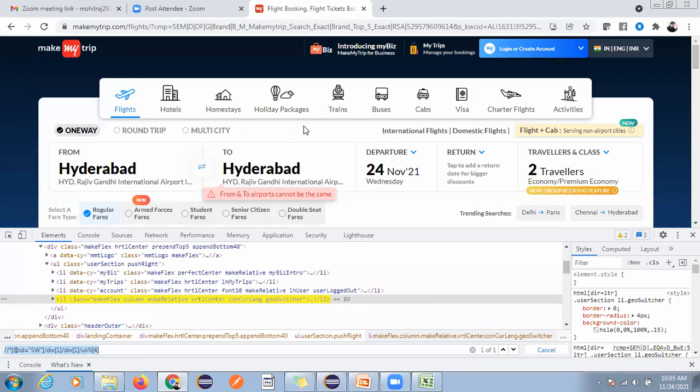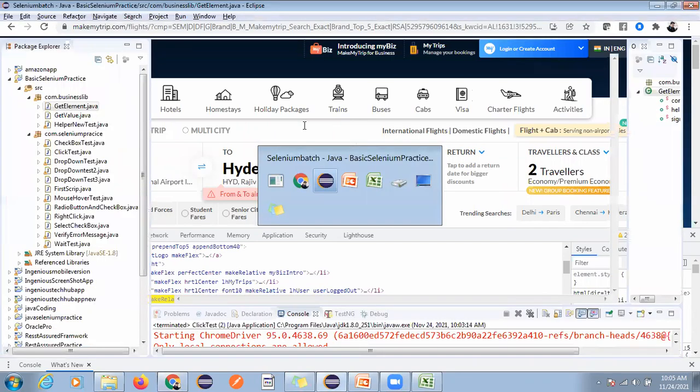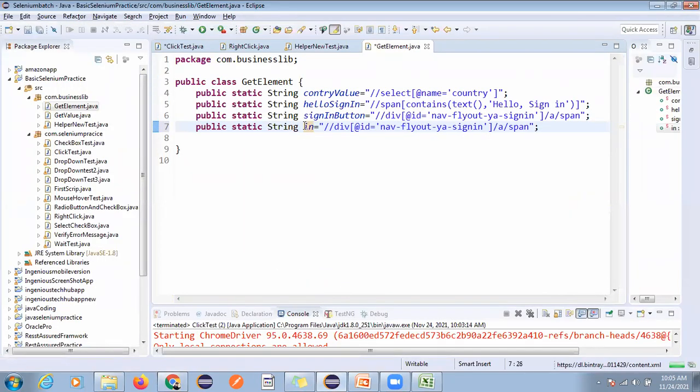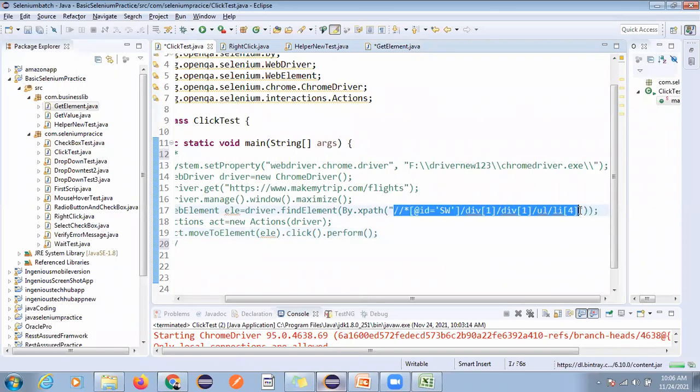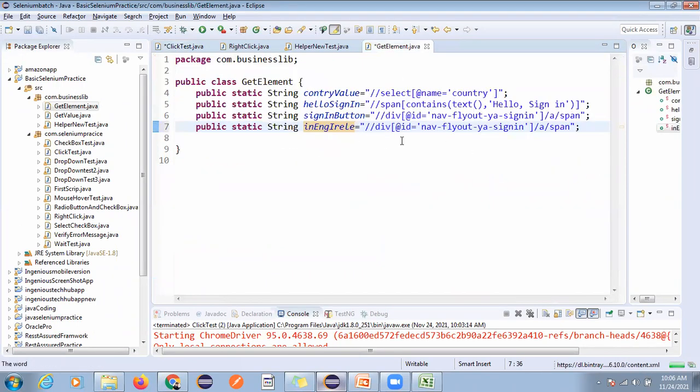Okay, actually this is not a systematic way, but for your understanding, I am just giving the overview of how we can create a reusable method, or how we can try to make our things easy, right? So this is the ele, and I'm going to pass this, capturing this, and directly we can use